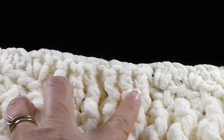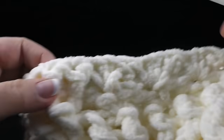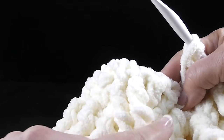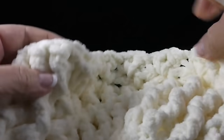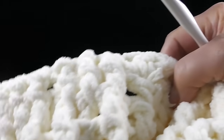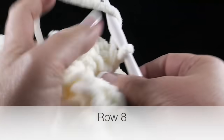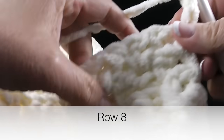Okay, so you still see the foundations for those large cables, lots of waddle stitches, and this is the 4-post cable, and it should be alternating, a large cable and a small cable, and then the large cable on the other side. Row 8 begins the same way as the last 2 rows with a chain 2, and we are going